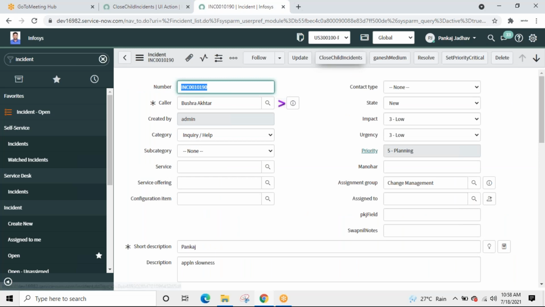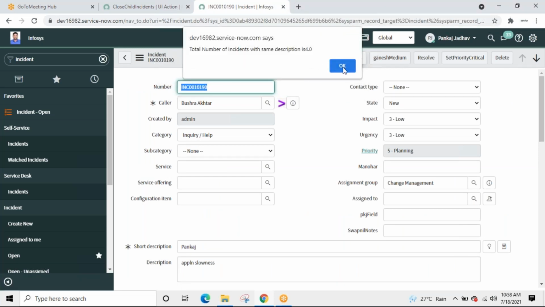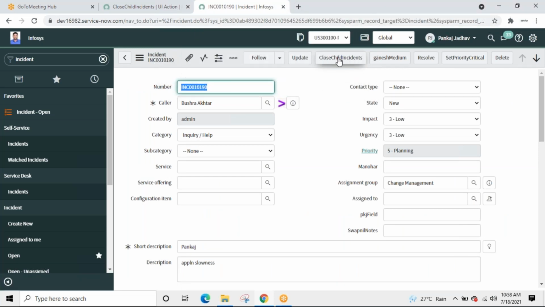See, this is a UI action I created in the past. When I click on this, it will close all the child incidents which are present under this incident 190. This is the use case.